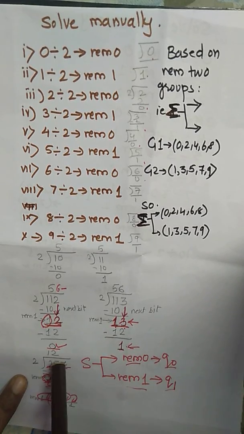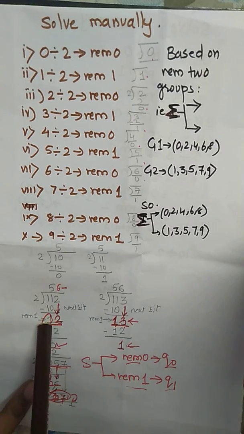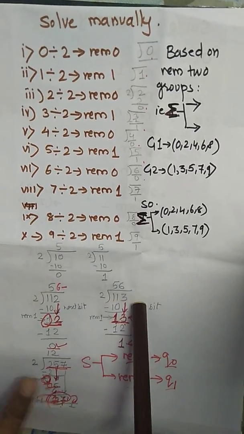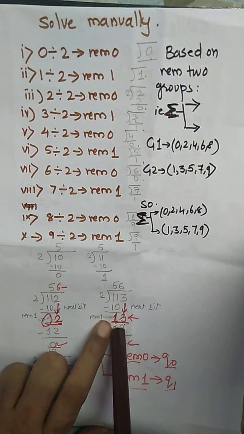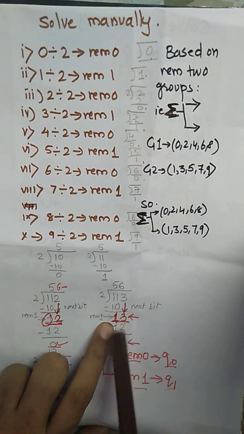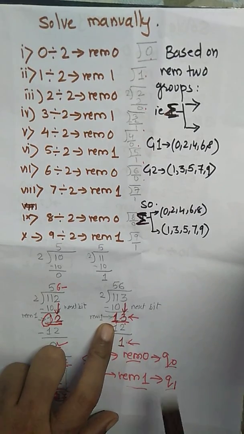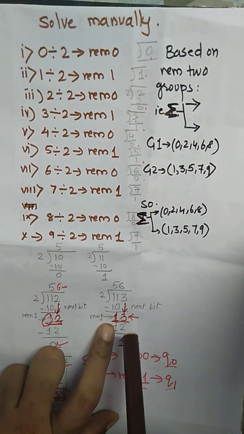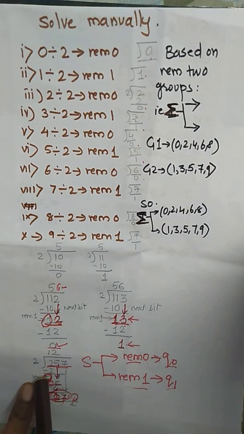So now Q0 with the next bit 5, that we are going to consider. Q0 represents output 0. Q1 represents output 1, or the previous remainder 1. For example, 113 also: 11 when divided by 2, remainder will be 1. So this is indicated by Q1. When we design the state transition function, this we are going to consider. If it is Q1, that means the remainder is 1. If it is Q0, that means remainder is 0.